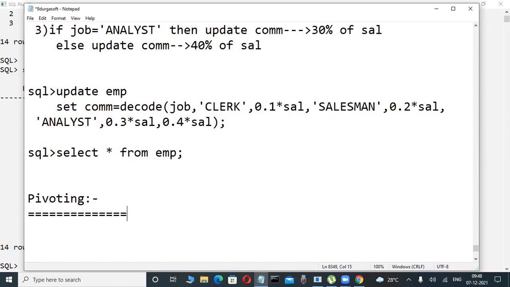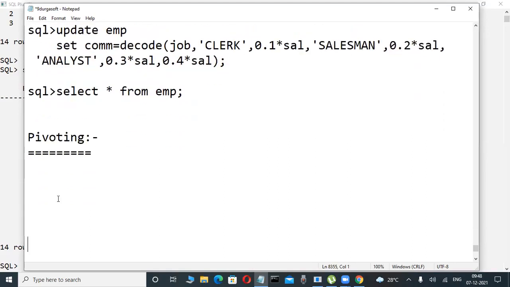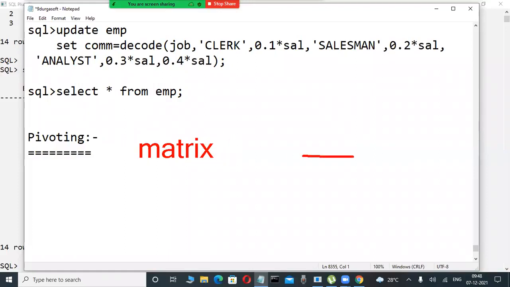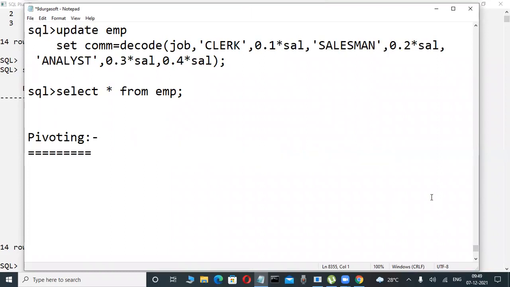This is not a pivot. Pivoting. Okay, now what does pivoting mean? Is anybody having an idea? Matrix in mathematics is there. In this matrix, the transposition of a matrix is there or not? Transposition of the matrix means rows are converted into where? Columns. Columns are converted into where? Rows only. That is called transposition. Okay, so now, transposition of a matrix, or not?